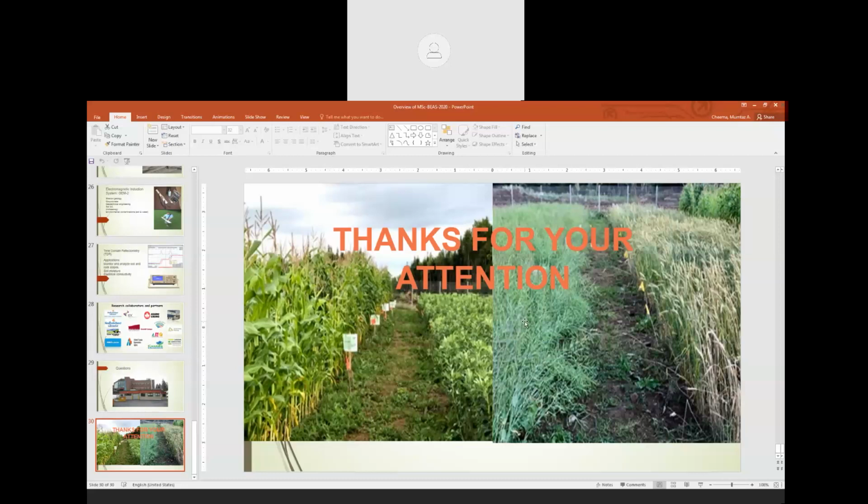Right now we have four, I think five, postdocs working on different projects. Right now we don't have any opportunity, but whenever a new opportunity comes, we will post it not only on Grenfell but also on MUN as well.